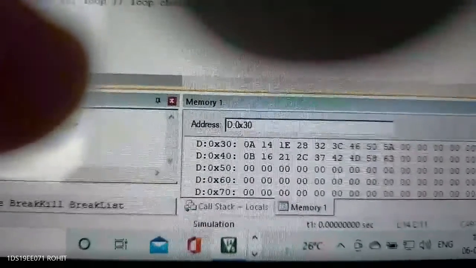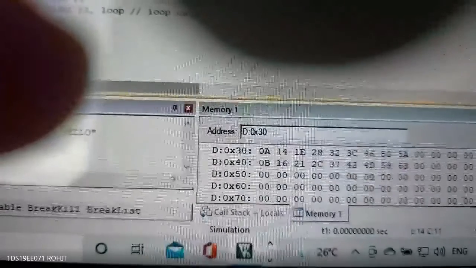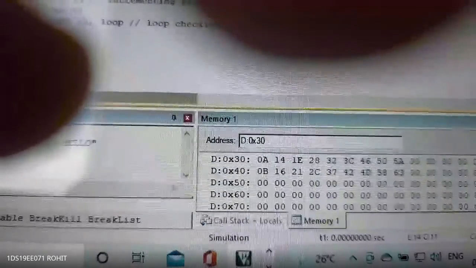So for example, let's say 14 should come to replace 0B, correct? And 28 should replace 21, something like that, correct? Yes, sir. So 0A, 1E, 32, 46 will be exchanged with the odd location of 42. 0A should replace 16, correct? 1E should be replaced, then 2C, correct. 1A should replace 2C, correct.